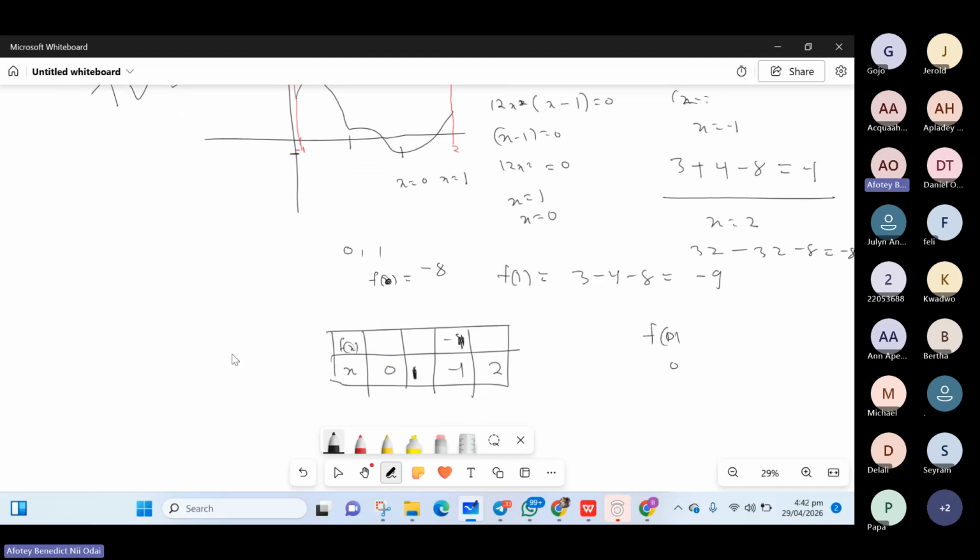And when x was equal to 0, we got -8. And when x was equal to 1, we got -9. Right? So what's the minimum value? The minimum value is the smallest. So the minimum value is f of x is equal to -9, which occurs when x